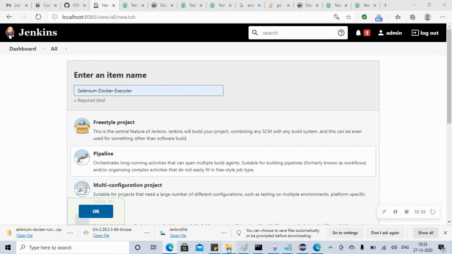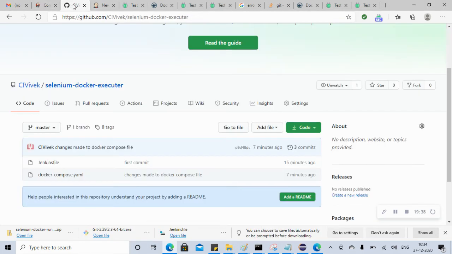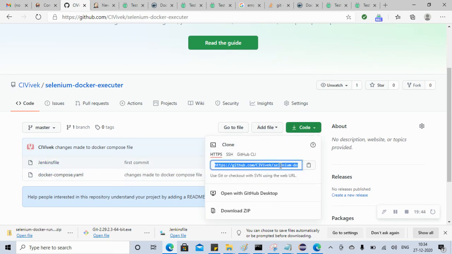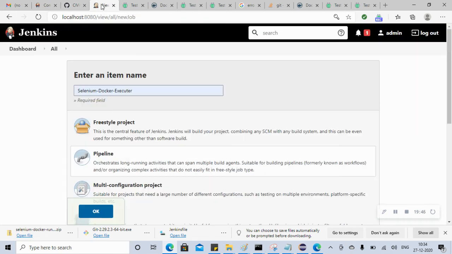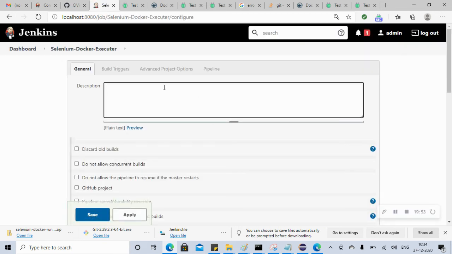file that we have kept in the GitHub. If you go to the GitHub here, we have this Jenkins file. So we have to provide this path here. Copy it and provide it, because this new job that you are creating will read that file. So click OK here, and then the description is